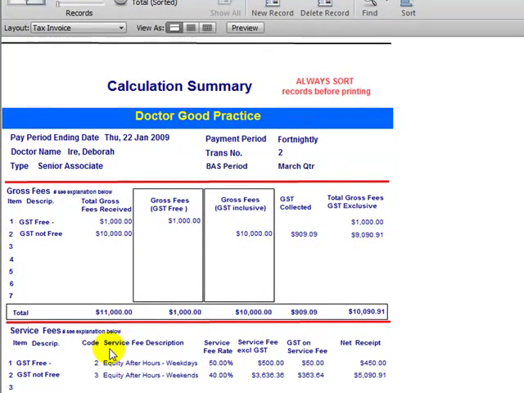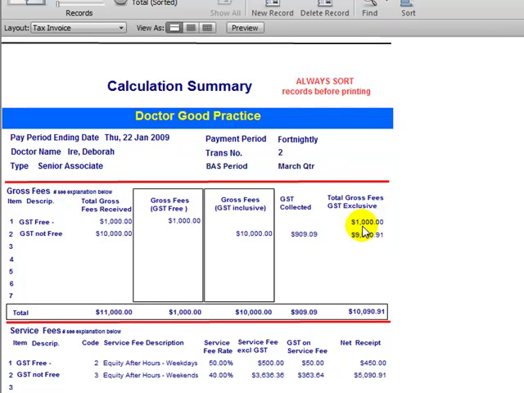The other part of the report actually shows what components of the income above here, what relative management fees apply to those components. So you could state, or have in your practice service agreements, which you should have in writing to keep the tax office happy, that all GST-free income attracts a service fee of 50%, and accordingly 50% of